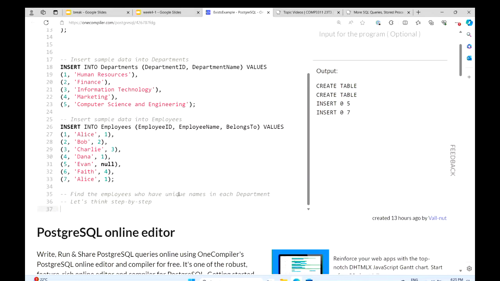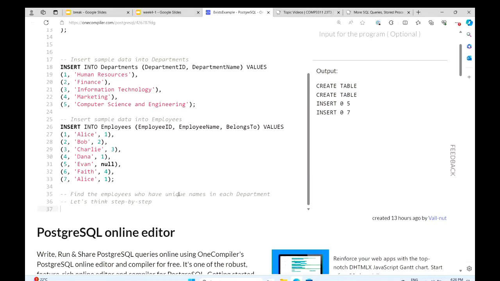If we interpret this sentence, we should find the employee who doesn't have another employee with the same name in the same department. We can translate the sentence into this form.